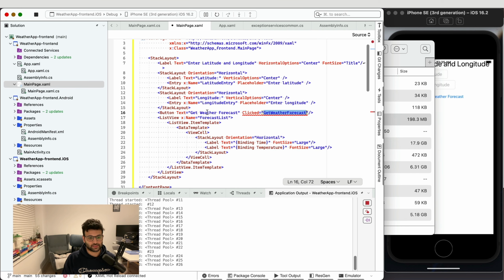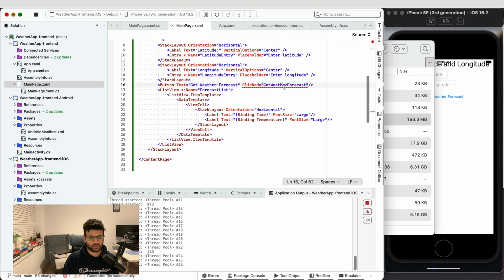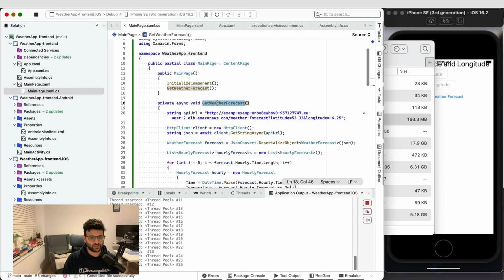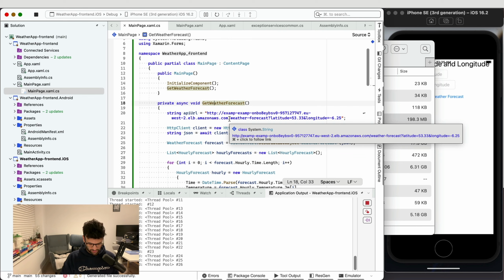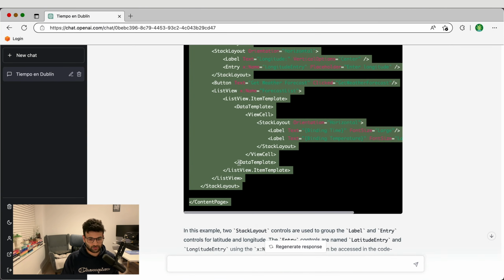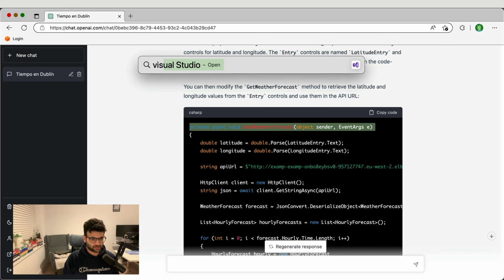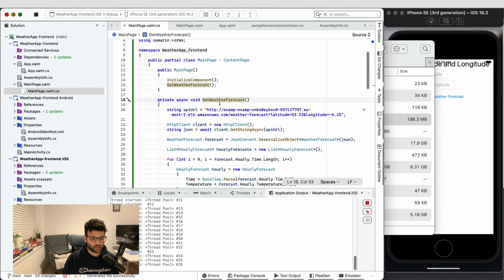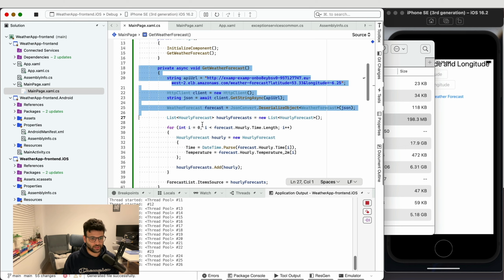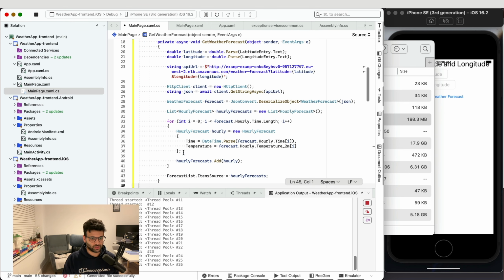And now it's expecting a GetWeatherForecast function. It's complaining about this function. Now the function exists here, but I saw that it generated that function again, and there you have it. So the function probably has to have this signature. So let's copy that, go back to Visual Studio, and I'm just gonna go ahead and replace the whole function,